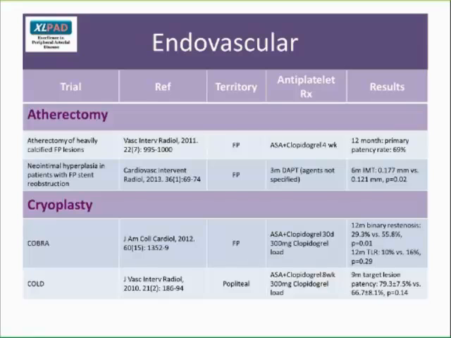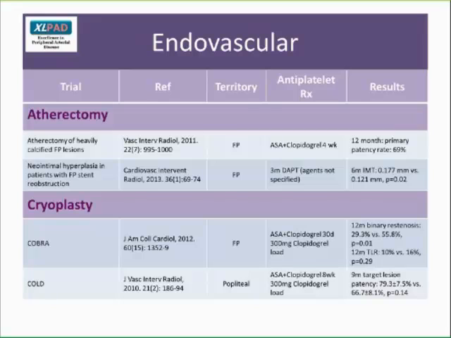These are two major studies that have been published in 2011 and 2013. Importantly, they were both in the femoropopliteal area with atherectomy, and these were all Silver Hawk and Turbo Hawk atherectomy patients. The first study was published in 2011,